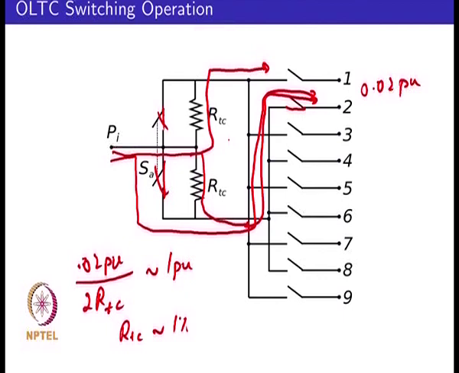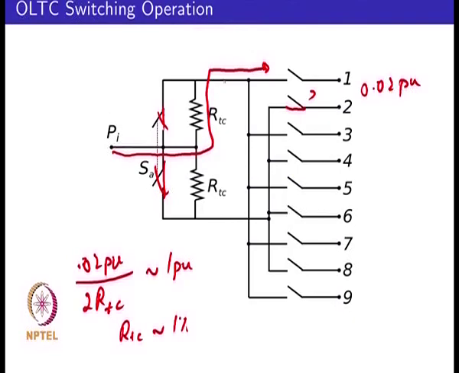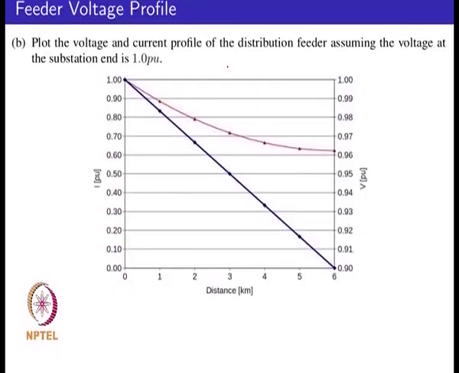So in the next problem, you are asked to plot the voltage and current profile on the distribution feeder, assuming the substation end voltage to be equal to 1 per unit. And this is based on the expressions that we derived in class, and we'll also be discussing it in part C of the problem. So we know that with uniform loading, your current profile is going from 0 to 1 per unit,